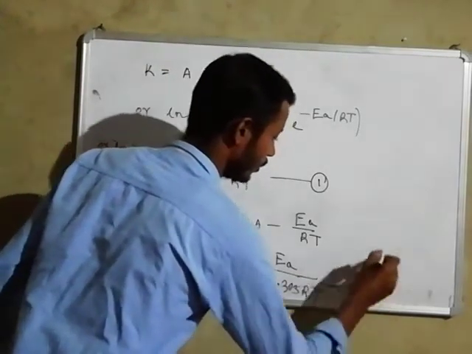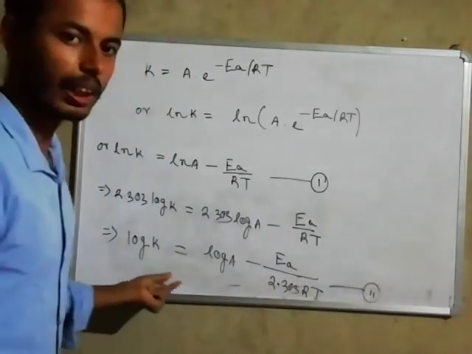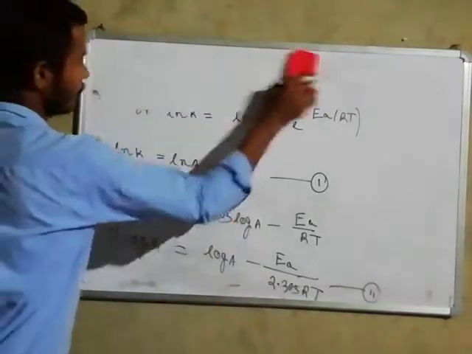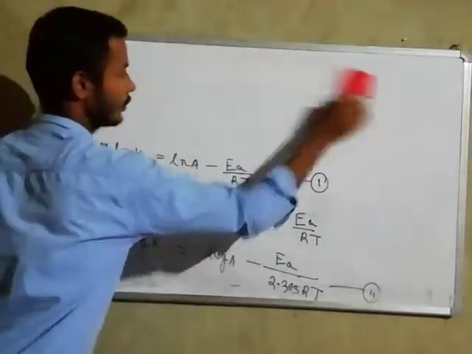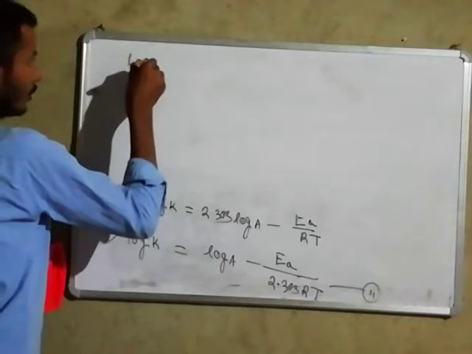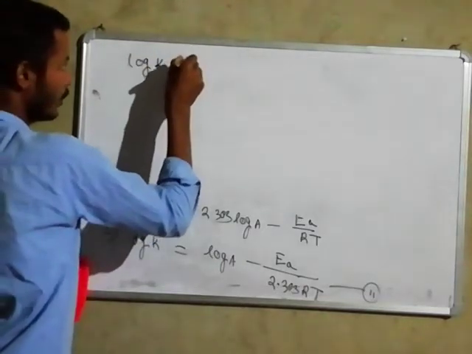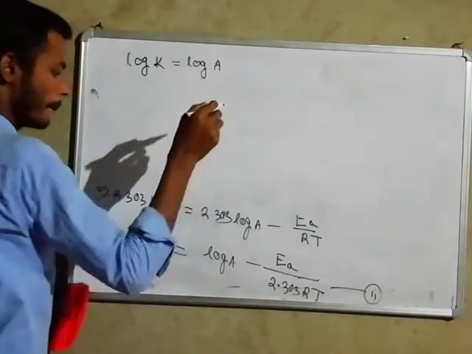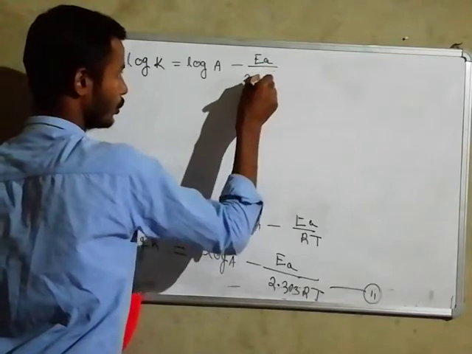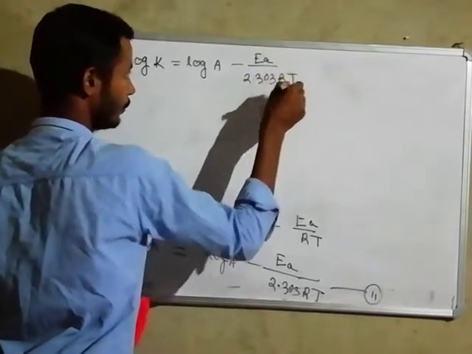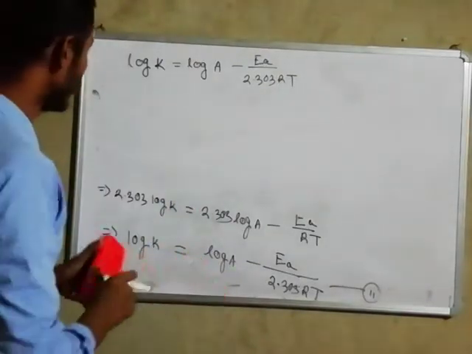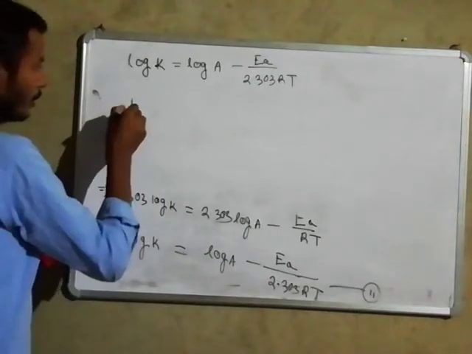So this is the modification of the Arrhenius equation in terms of log. So what you have got now is log of K is equal to log of A minus EA divided by 2.303 RT. So this is the final Arrhenius equation. Now, if a question comes in the exam, a plot of